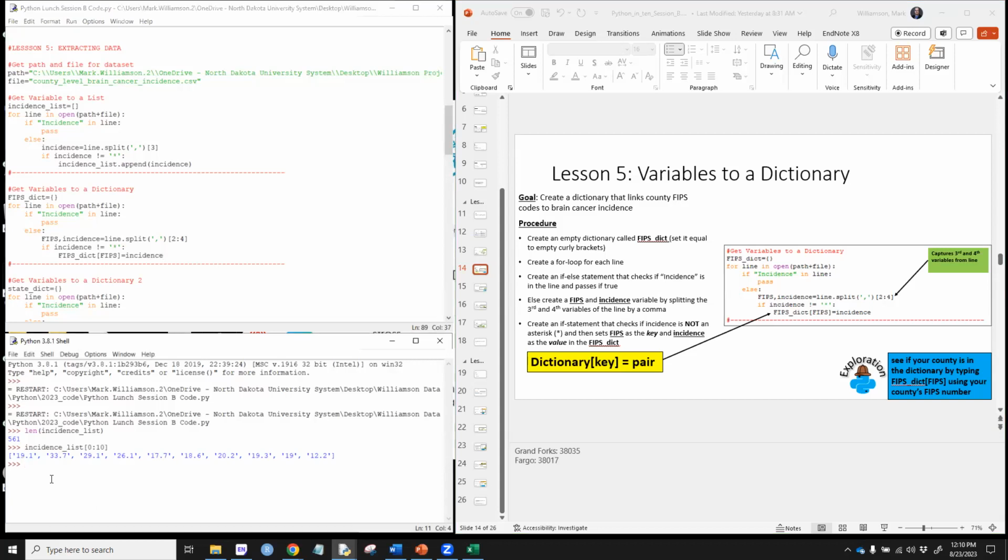And so we can actually see if our county is in the dictionary. I've already run this. So again, let's do length. What's it called? FIPS dictionary. Again, we have 561, but now these entries have the county FIPS code. That's a unique code for each county. So let's take a look at if our county is in our dictionary. So we go FIPS